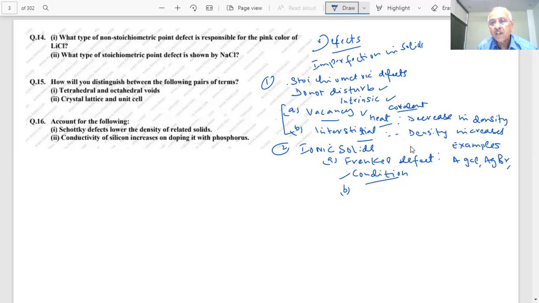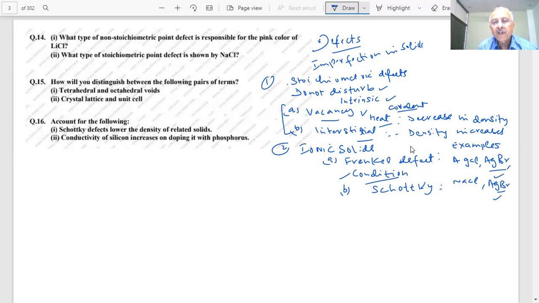And what is Schottky? Sir, Schottky defect is a type of vacancy defect in ionic solids in which the number of missing anions and cations are the same. Same, because the electrical neutrality must be maintained. Students, what will happen to the density? So density will decrease. Example? Sir, examples will be NaCl, AgBr, KCl. So AgBr will show both. Yes, sir. Okay, important point.